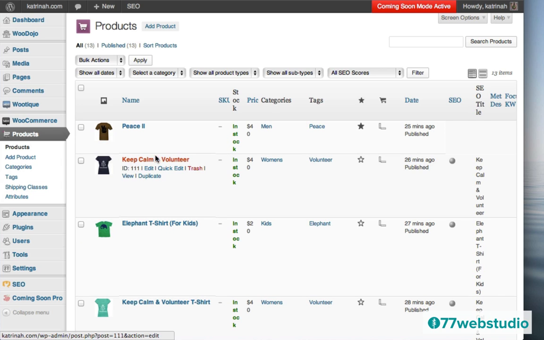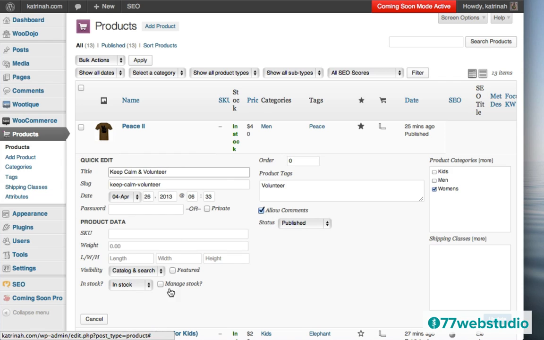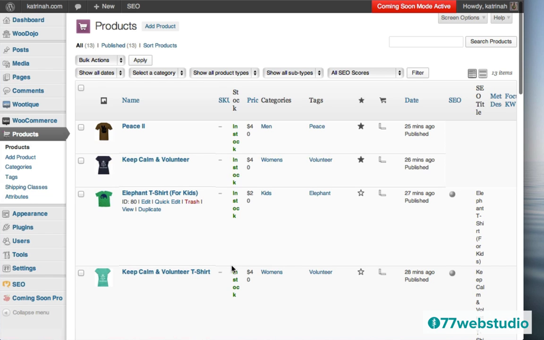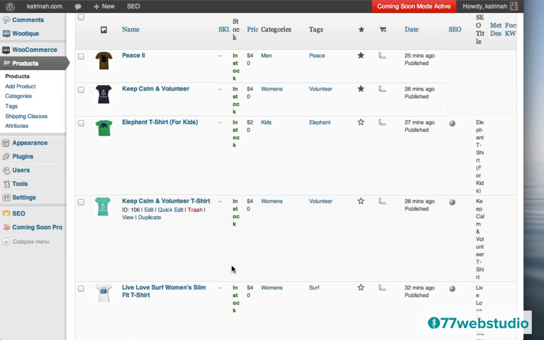And then I'm going to add this Keep Calm and Volunteer one as well. So I'll do a quick edit. And once again, I'm going to click on Featured. And then I'm going to click right on the right-hand side, I'm going to click on Update. And we want to have 8 total items featured in the featured product slider. So I'm just going to add them one by one.